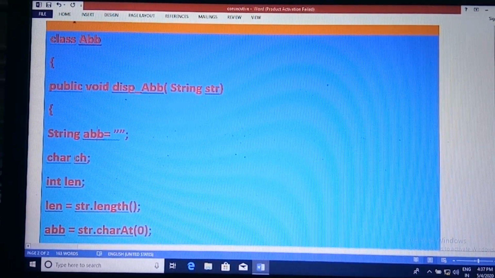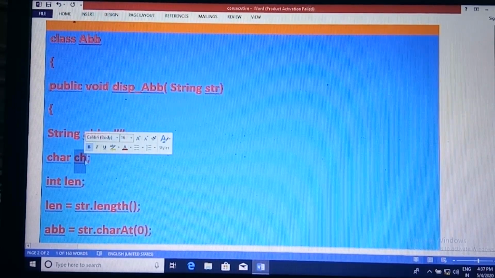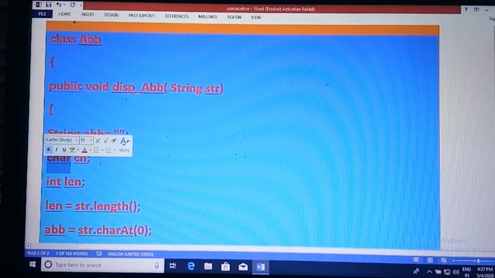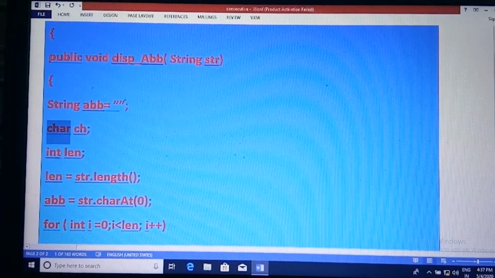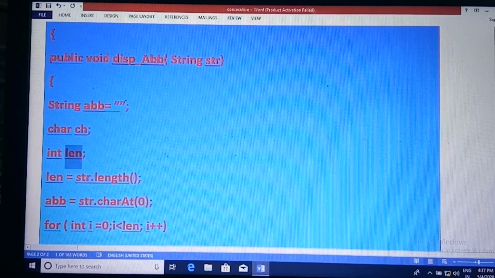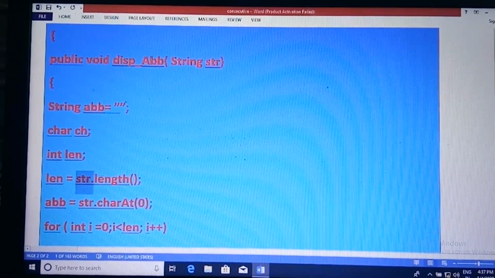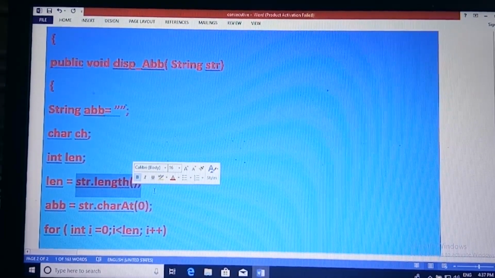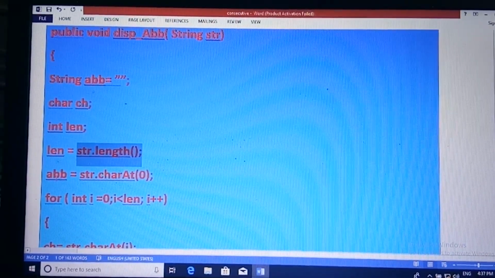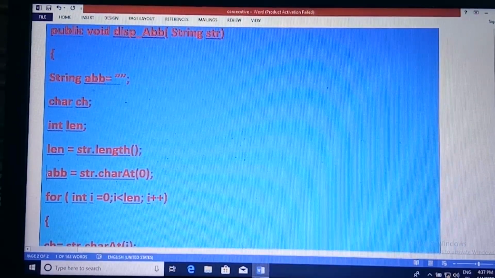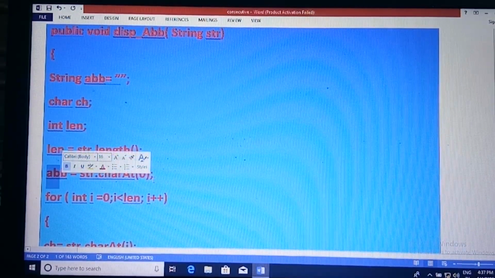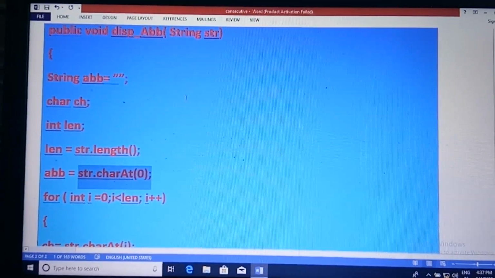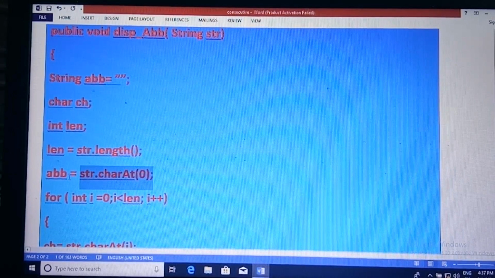Char ch, the variable ch, which is of char type, is used for storing each character of the string. And as you know, the variable len is used for storing the length of the string or the number of characters in the given string. And first, we store the first character of the given full form in the variable ABB.